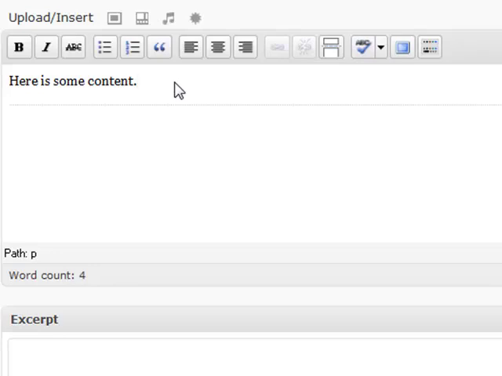So another good thing about WordPress is the read more, and this is called insert more tag. What that basically does is it allows you to cut off how much content you're providing on your home page. So if you only want to show a little snippet of your blog post and have people be able